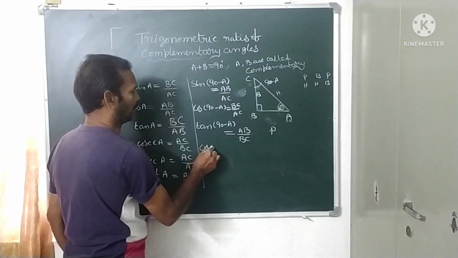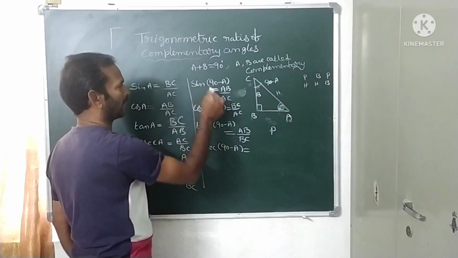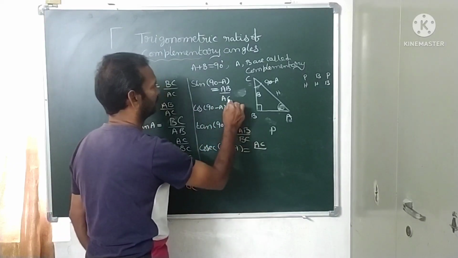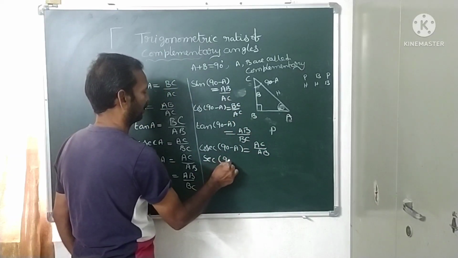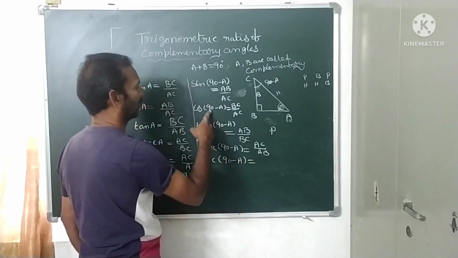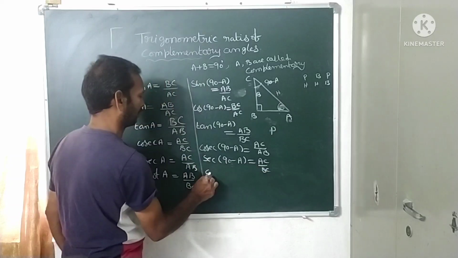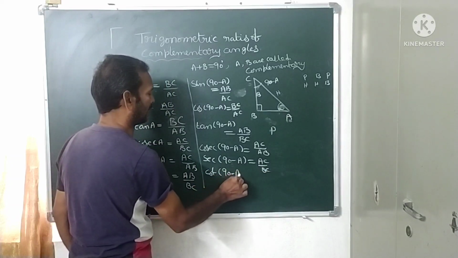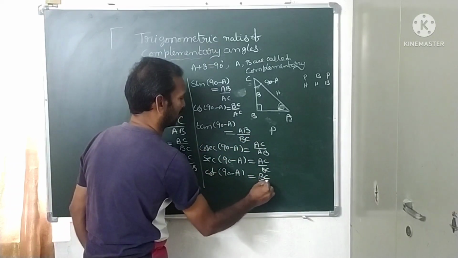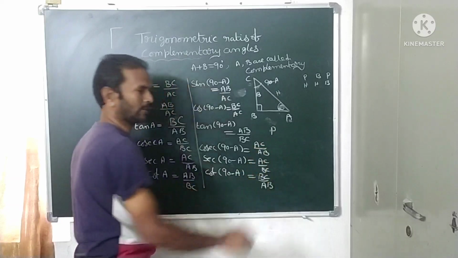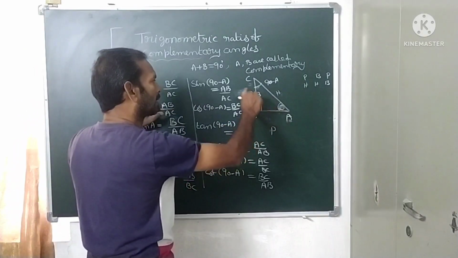Next, cosecant of 90 minus A. Cosecant means what? Reciprocal of sine. So AC by AB. Secant of 90 minus A, reciprocal of cos: AC by BC. Cot of 90 minus A: AB by BC, reciprocal BC by AB. So children, observe that when we are talking about A, from here you see this is